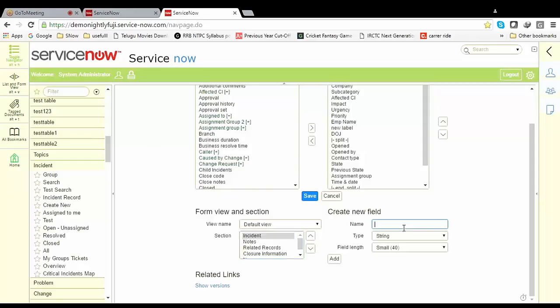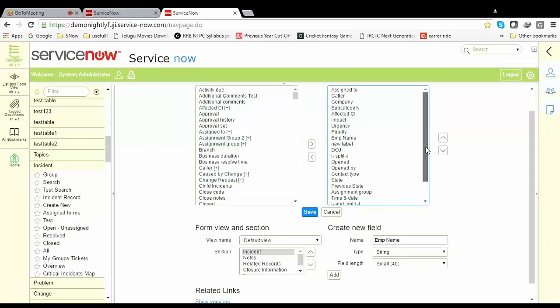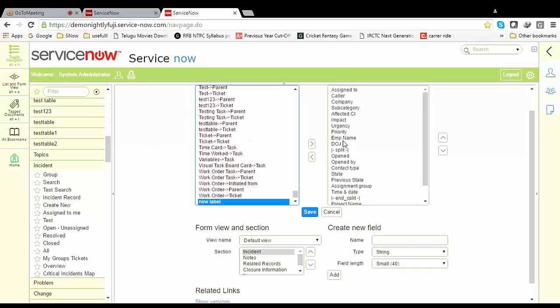Okay. I think we have already added employee name last time, so it's already there. The fields are there, right? Employee name and date of joining. Employee name is a string field. Date of joining is a date field, and before that we will create some other things. Various fields: department is a choice field. You need to know how to create various fields, right? Choice field, and branch is another choice field,